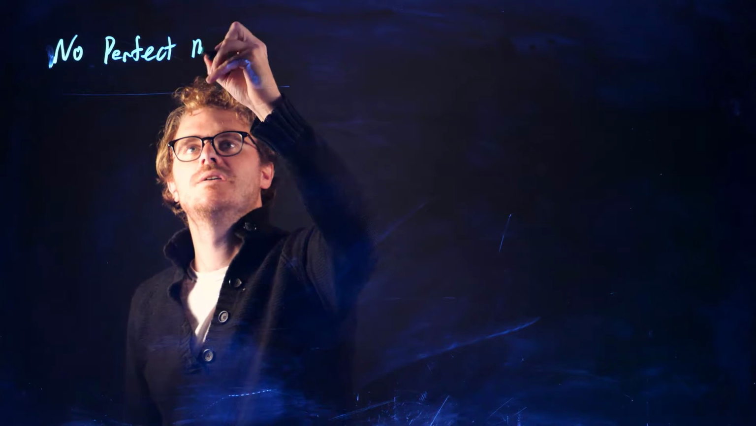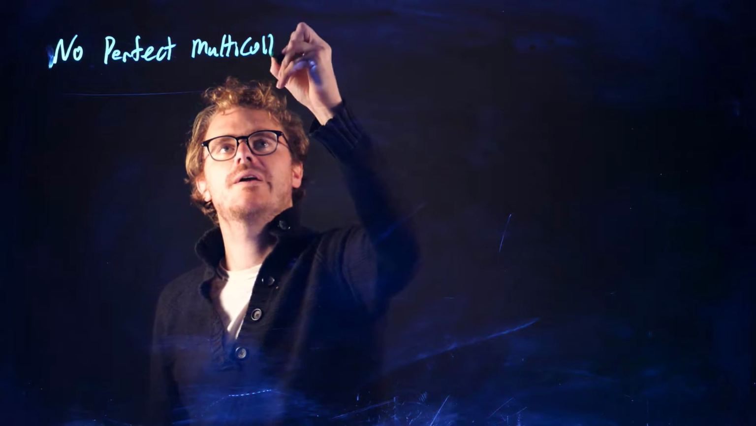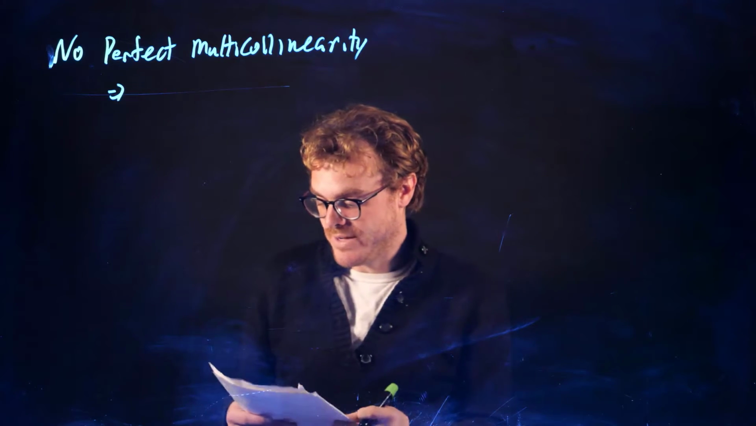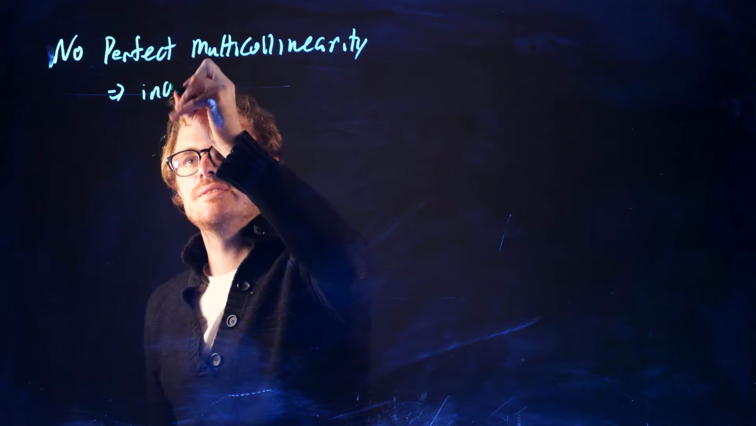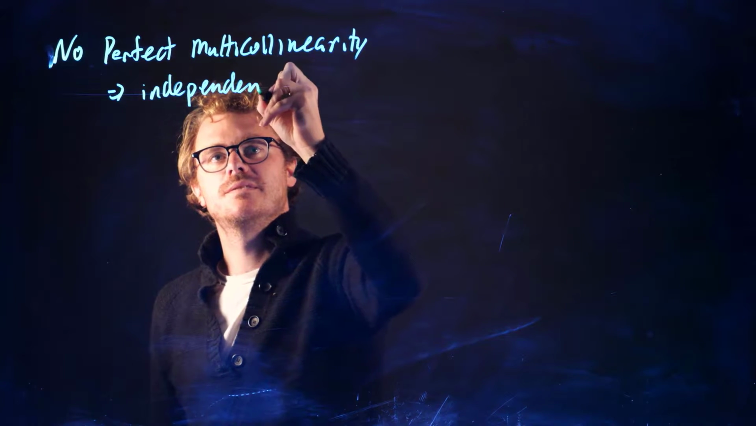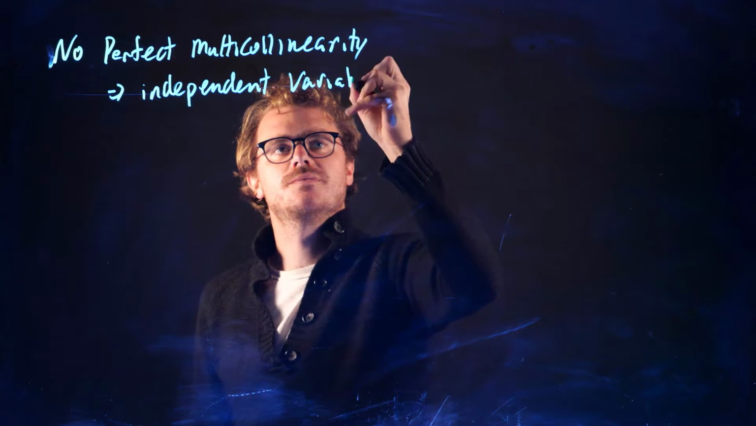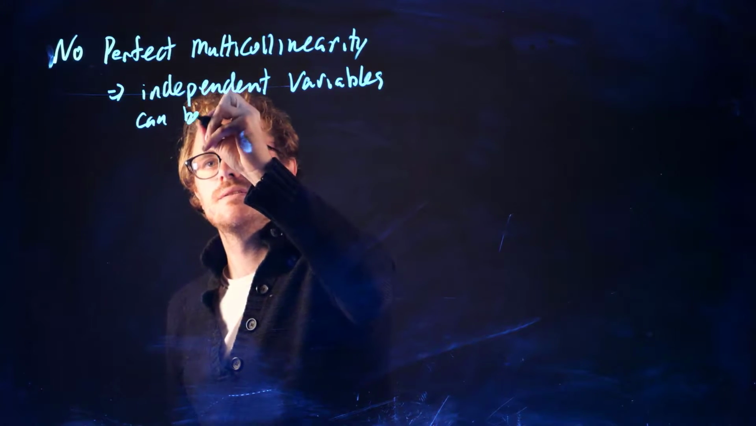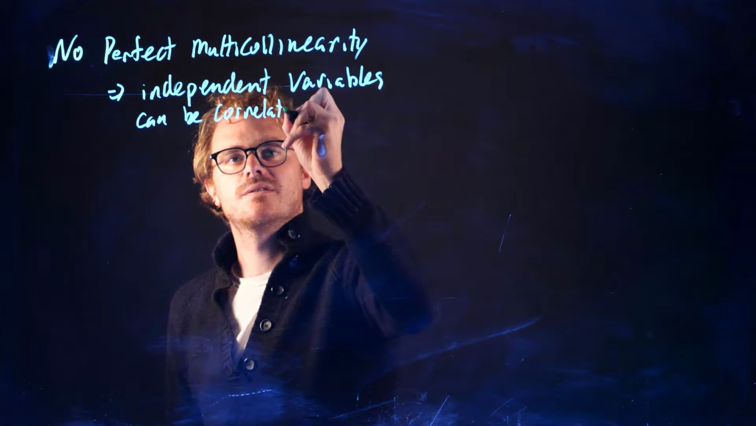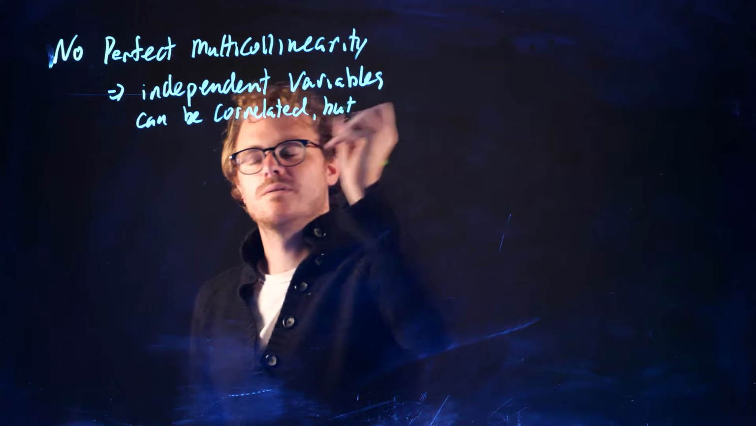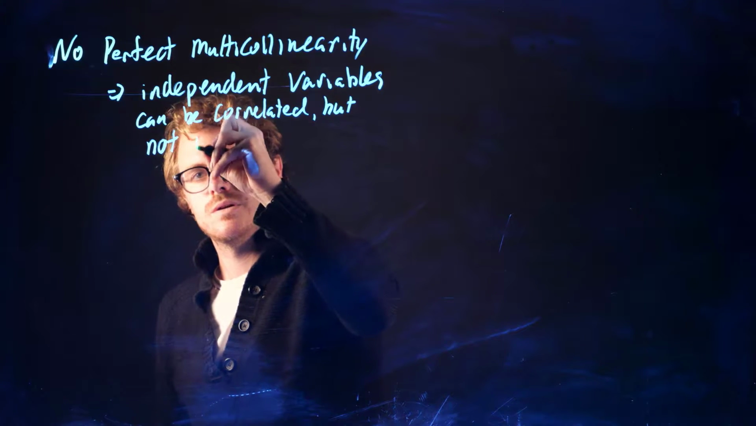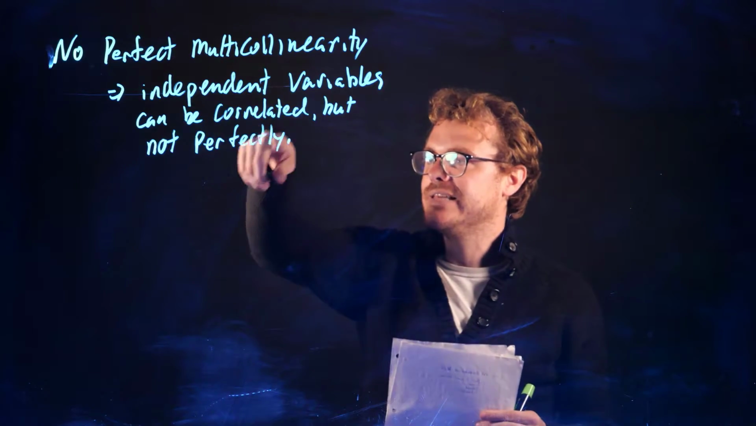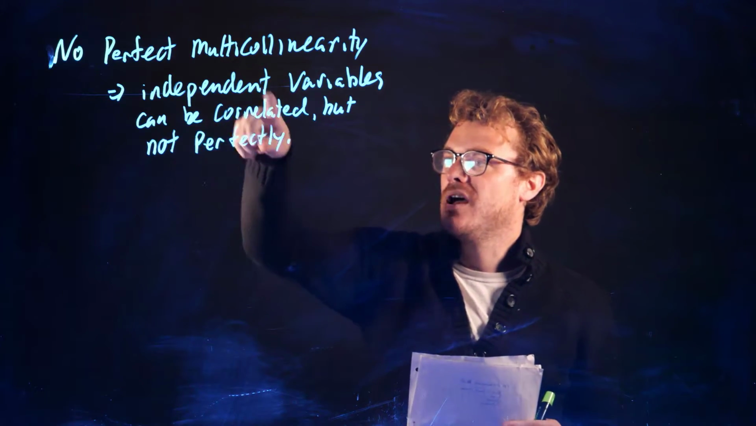No perfect multicollinearity. So let's talk a bit about what that means. It means that independent variables can be correlated, but not perfectly. We'll talk about what happens when they're highly correlated when we get to the variance, but our assumption here is that